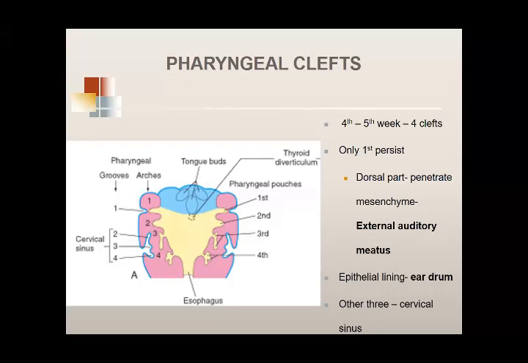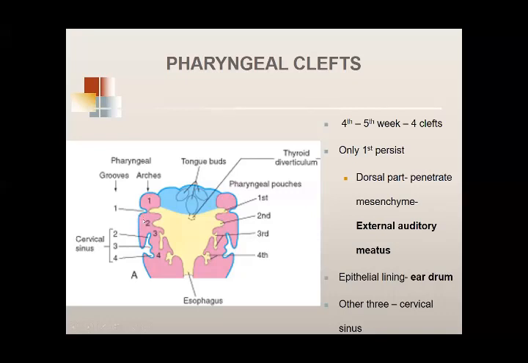Only one cleft persists. The first cleft persists, and it grows deeper into the mesenchyme. This first cleft that persisted, you can see this is the exterior. So this is simply invagination of the ectoderm on the surface of the developing embryo